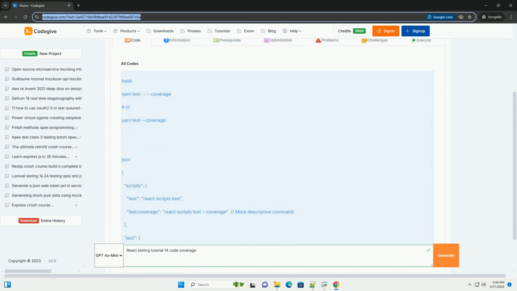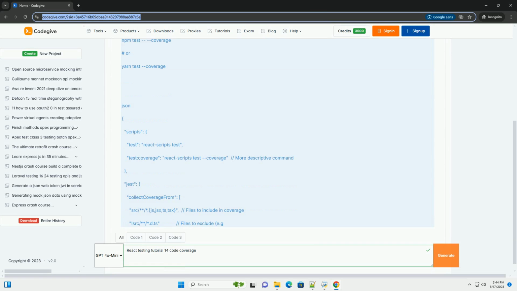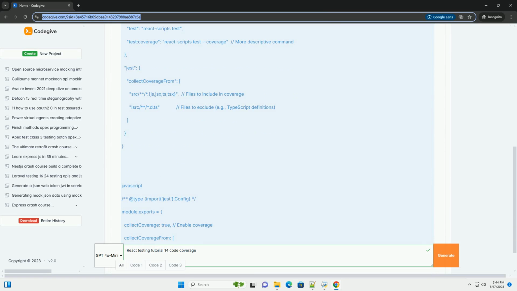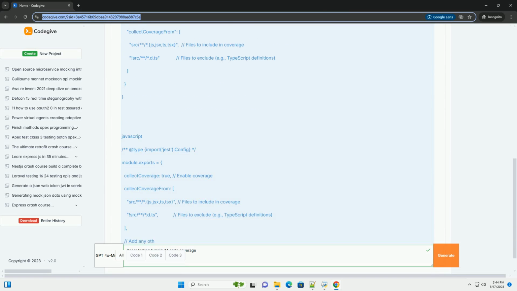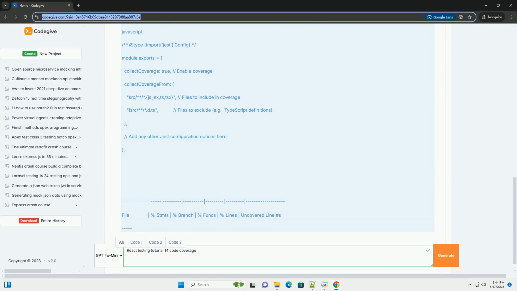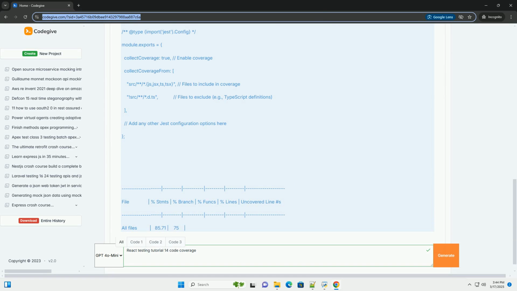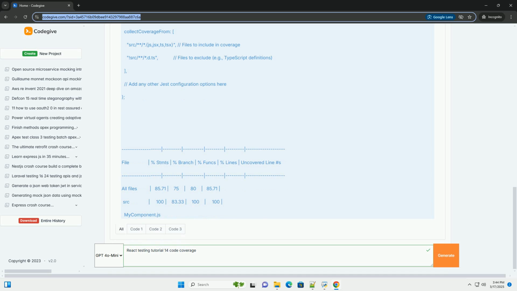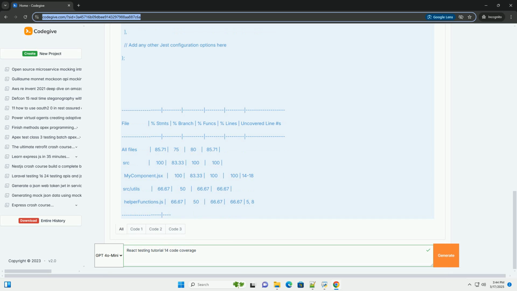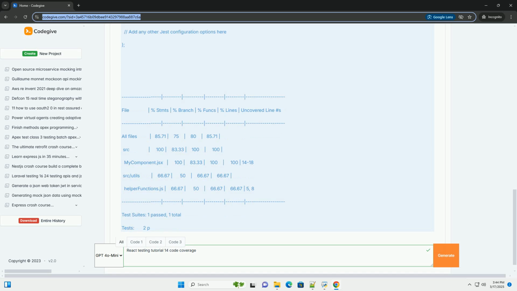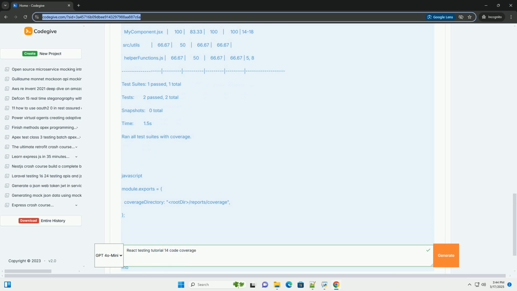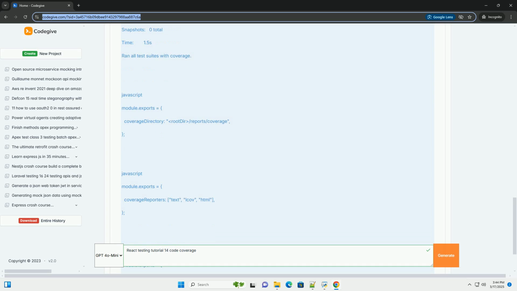React Testing Tutorial 14, Code Coverage with Jest and Istanbul. This tutorial dives deep into code coverage in React testing using Jest, a popular testing framework, and Istanbul, which Jest uses internally for code coverage. Code coverage is a valuable metric that helps you understand how much of your source code is being exercised by your tests. It's not a silver bullet, but it can highlight areas that might be missing tests or have untested code paths. What you'll learn: